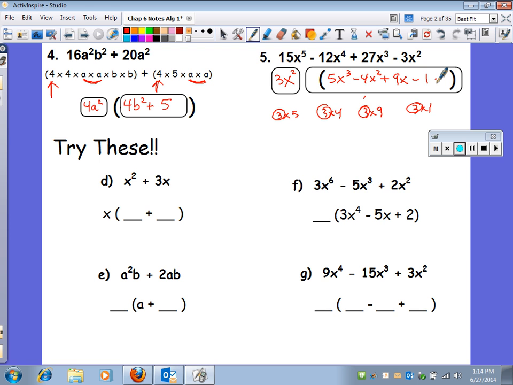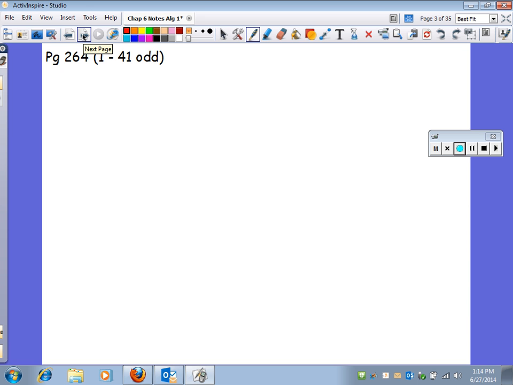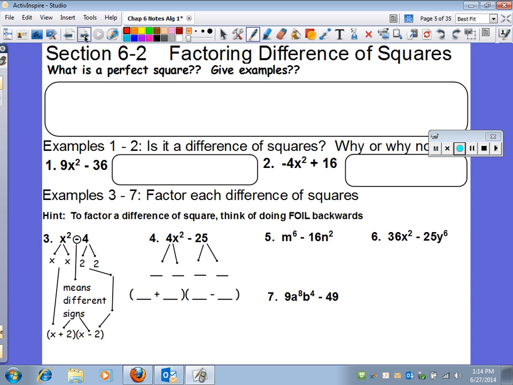Okay, so I'm going to leave you those to try. I'll pause the video so you can see it. And here's a spot for you to do page 264. Here's section 6.2. It's called Difference of Squares. And once the video is over, then you can do your